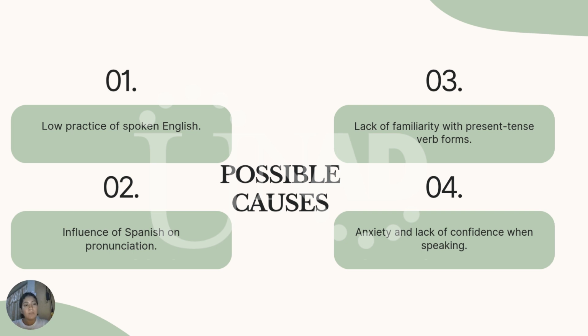And also the influence of Spanish pronunciation. It means that we find a word or verb that is really similar to Spanish, and we say we can pronounce it in the same way that we pronounce it in Spanish, or we usually think that we can organize the English grammar structure in the same way as in Spanish. We use it in Spanish, and it does not work because it is not possible. There are two different structures, two different languages, so it is not possible.